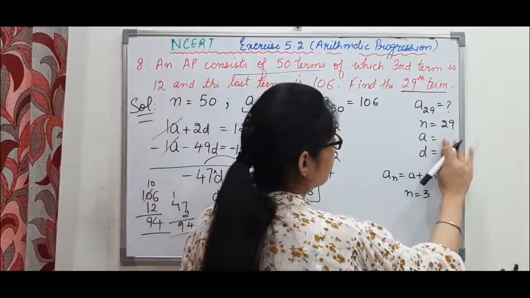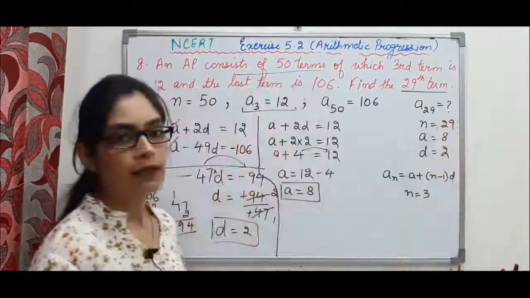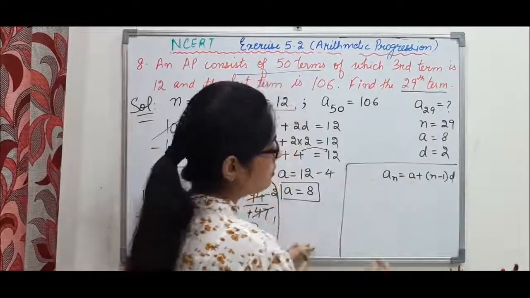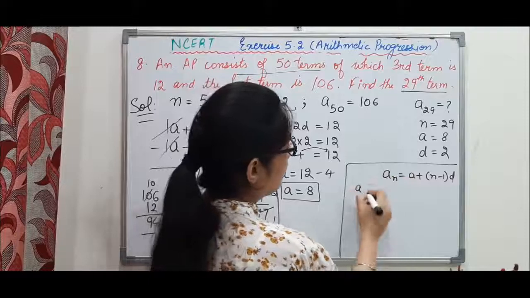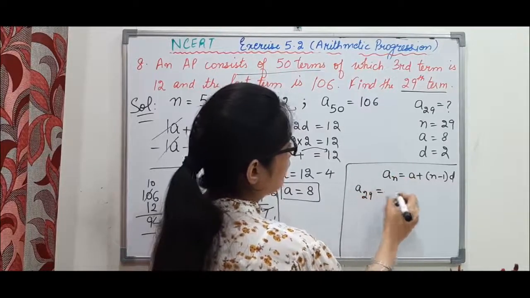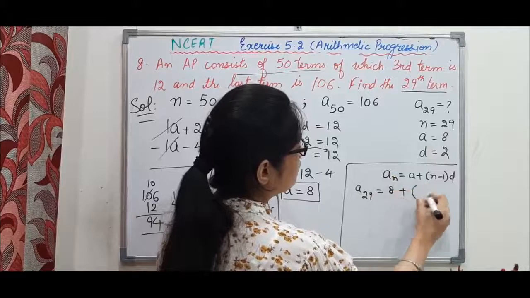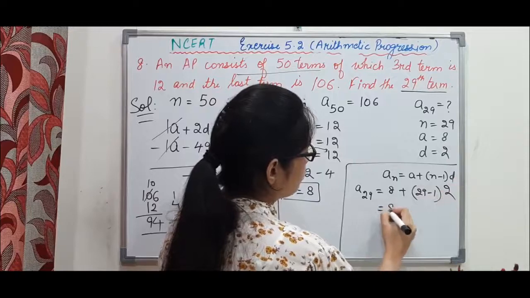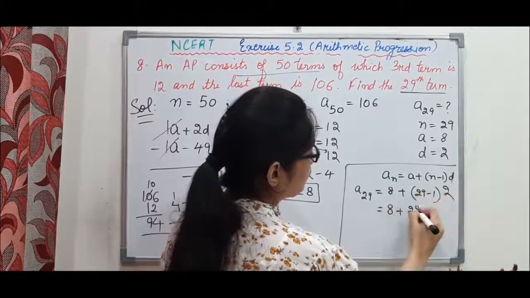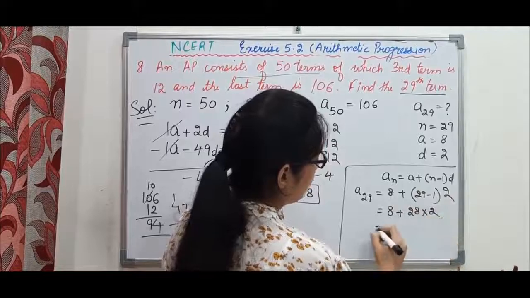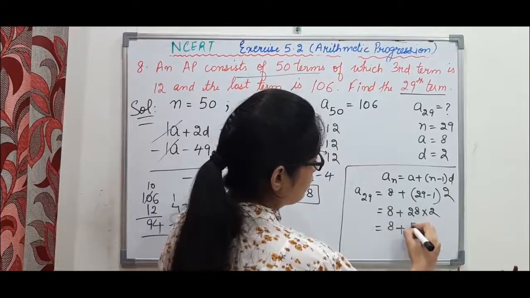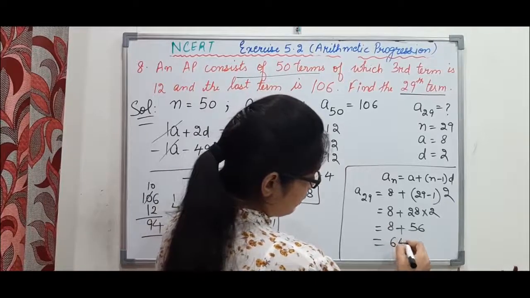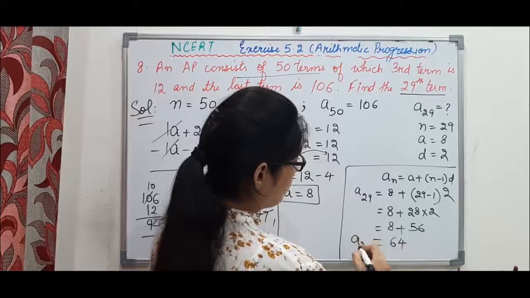So A also I found, I have D also, and for A 29, value of N is 29. So in this formula only we will substitute all the values. In place of An I will write A29, A is equal to 8, N is 29 only, 29 minus 1, D is 2. So 8 plus 29 minus 1 is 28 into 2, 8 plus 56. So 8 plus 56 we can do, it will be equal to 64. So A29 is equal to